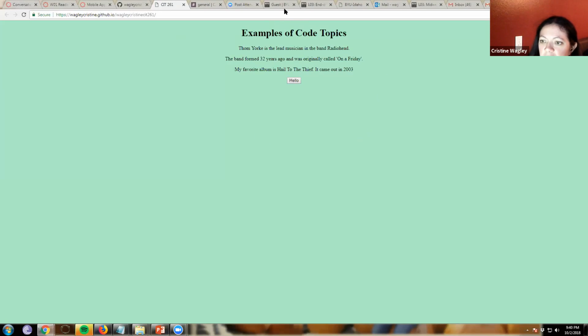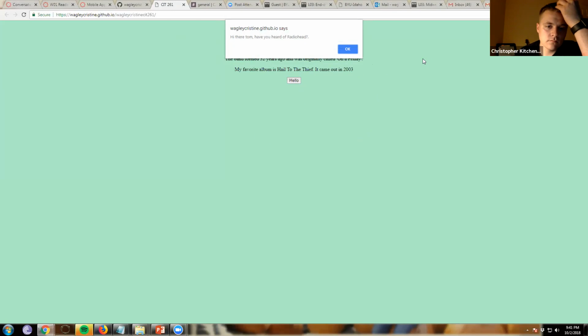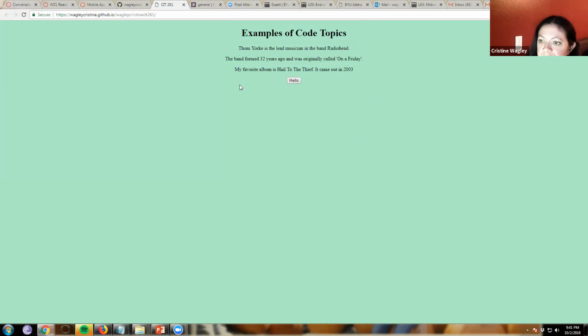So this is how it reads out. This is where my method that did the mathematics, 32 years ago, and it has the message with it, the button if you click to ask the question. And then this is where it pulls the title and the year that it came out of the album, where it's inheriting from the original object, the album, and pulling out the title and the year.